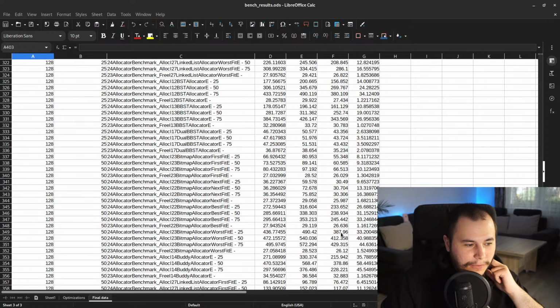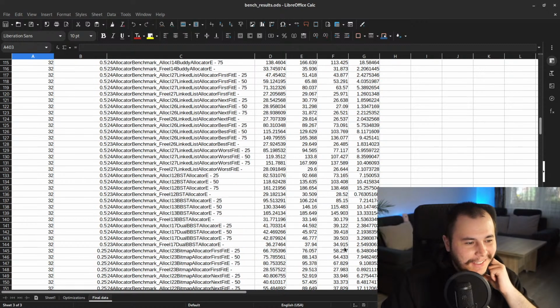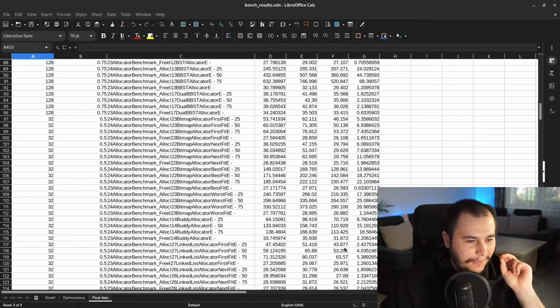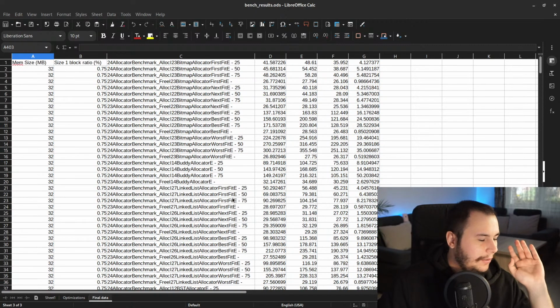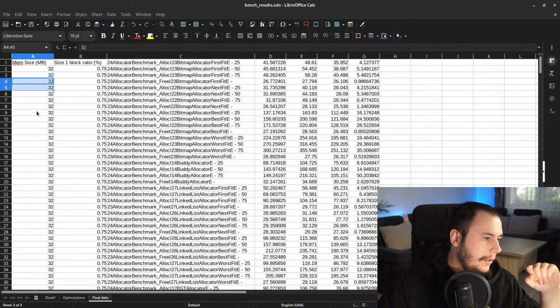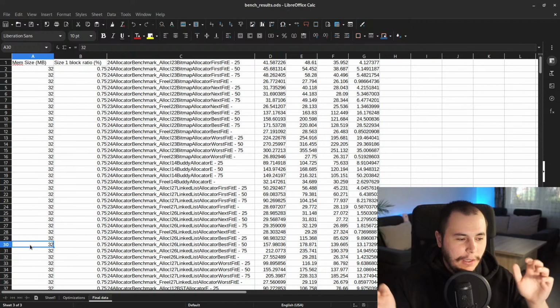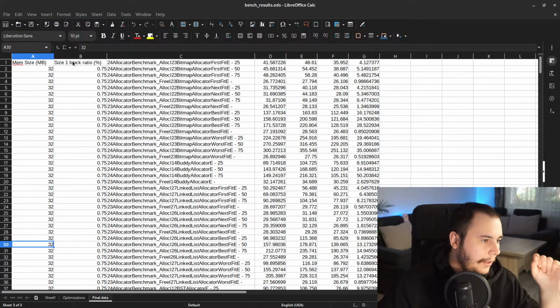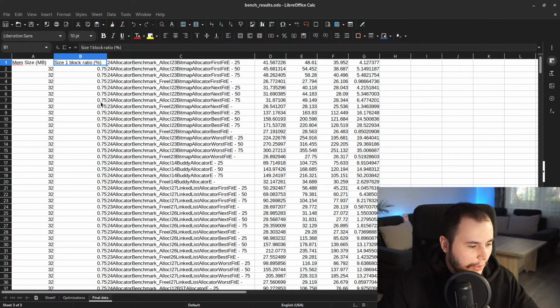In the performance data, there's a lot of it here. I'm not gonna go over what all of this stuff means. I've tried to test a wide variety of variables, including the memory size, seeing how these allocators perform with different sizes of memory. And then this is size 1 block ratio, which means that basically